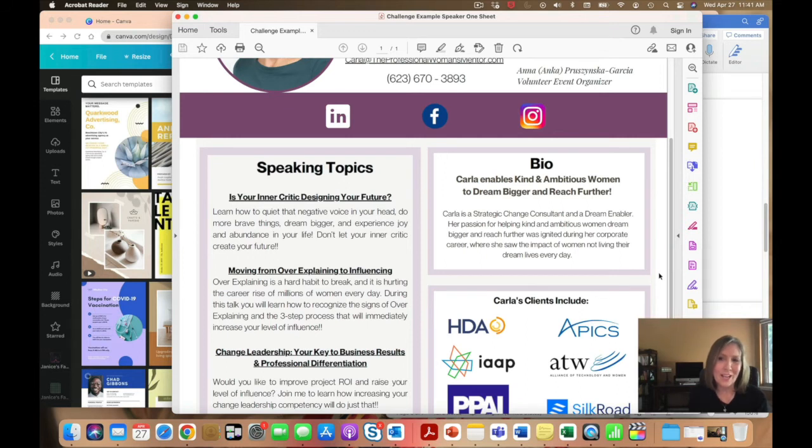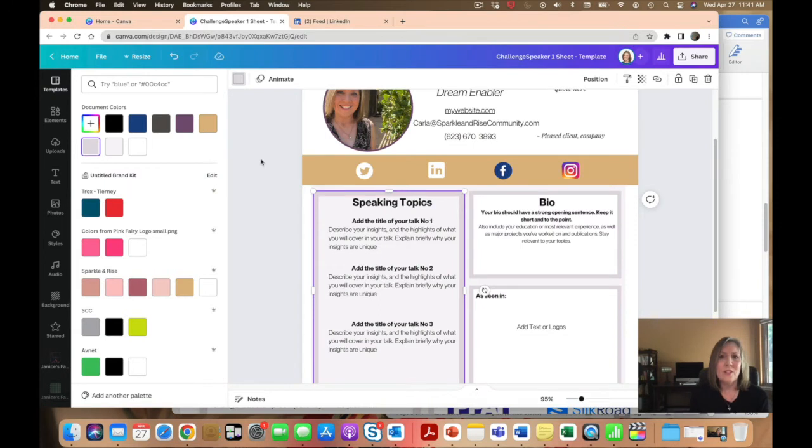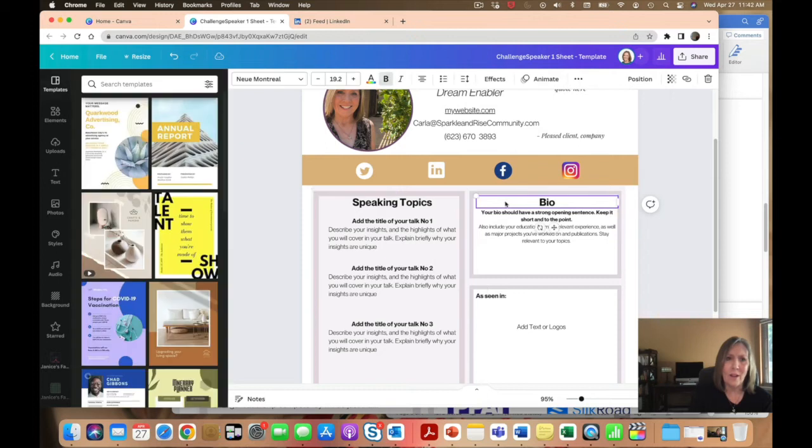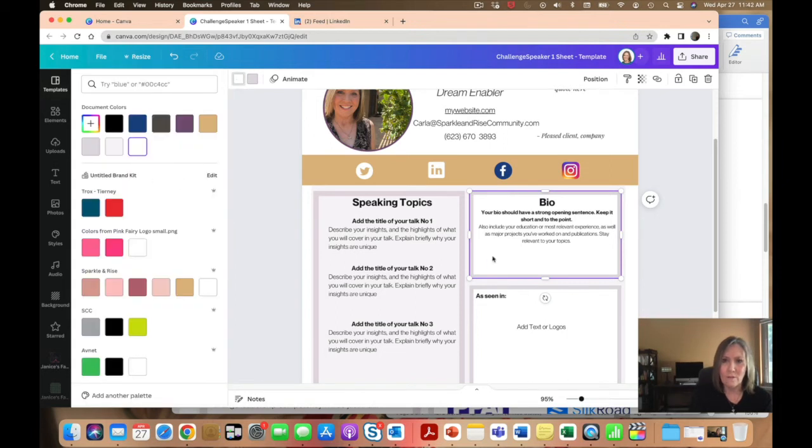Now let's take a look at the Canva template you're going to be updating. Before we get started, I do want to mention that you're probably going to want to change the colors in this bottom section as well. You can see I've got this light purple color for this little frame that's around my bio, and then this white color here for the inside. Now the white color will probably work okay, although you might want to change the shading on that.